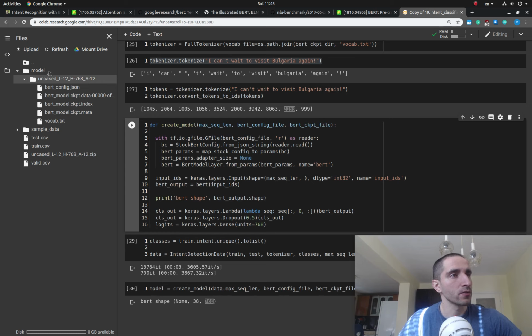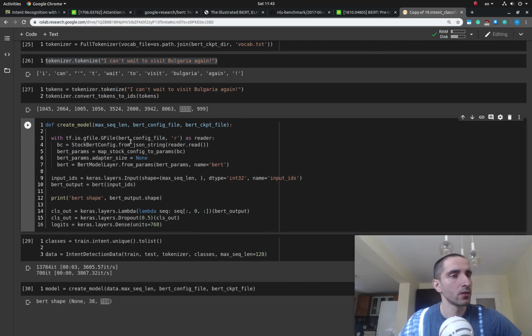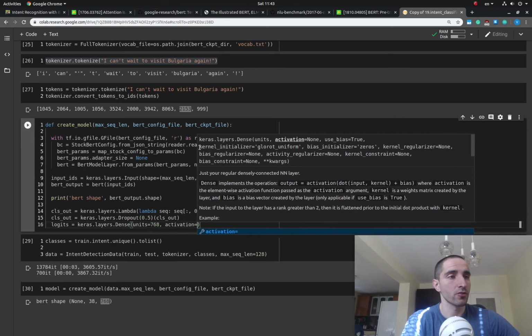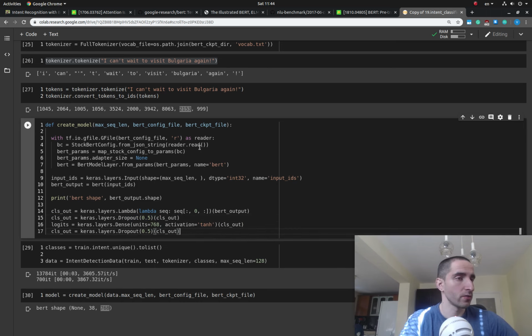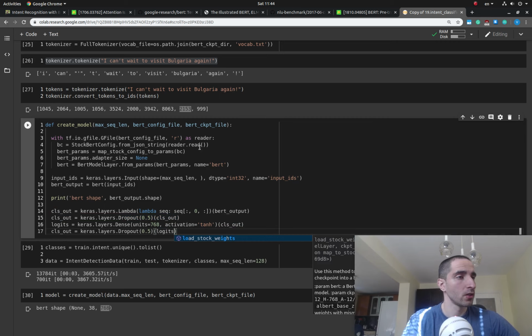So the hidden units is also in here, but whatever, we've already seen that. And I'm going to specify the activation function tanh, and I'm going to pass in the weights or the class outputs. I'm going to do another dropout layer with 50% probability for each unit,